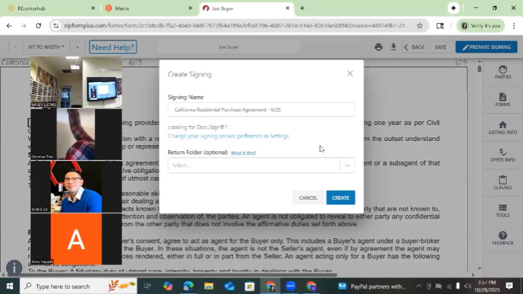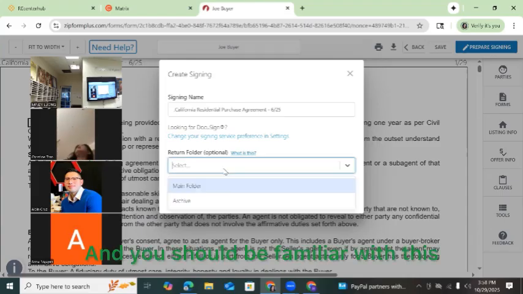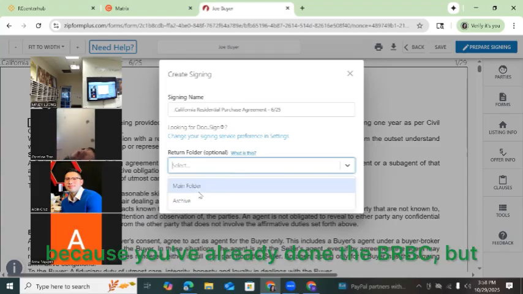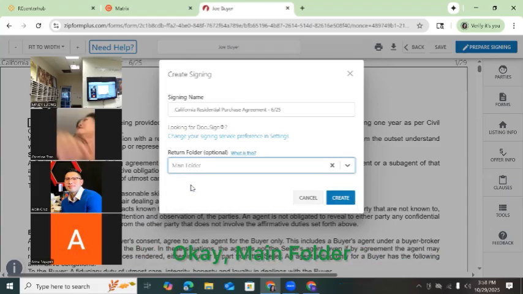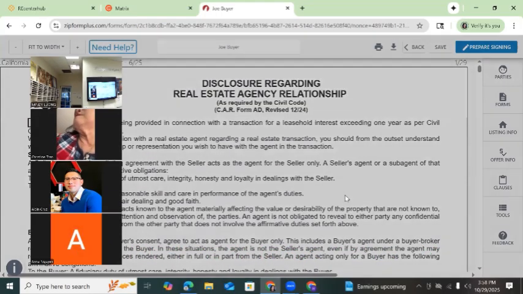It's up to you. Okay, so the California Purchase Addendum is, and you should be familiar with this because you've already done the BRBC, but okay, main folder. And I'm just going to put it in the main folder in my transaction. So create,